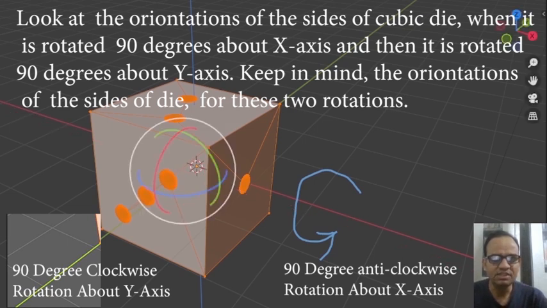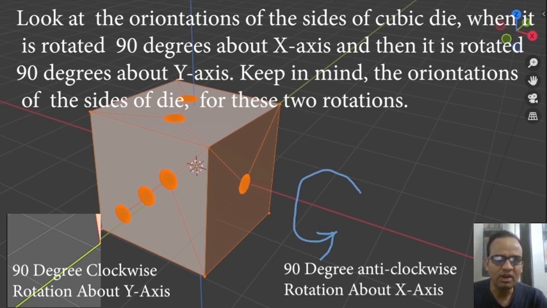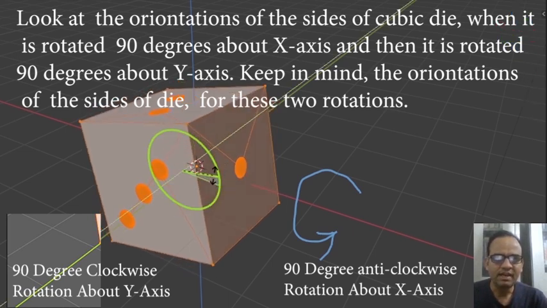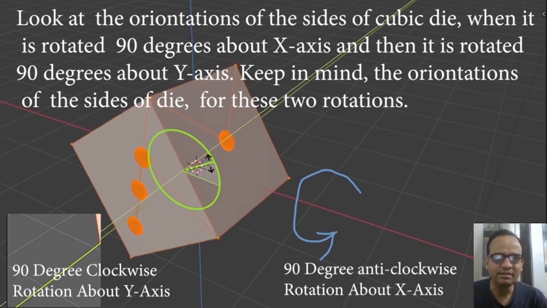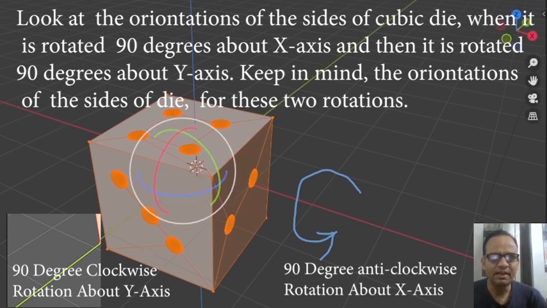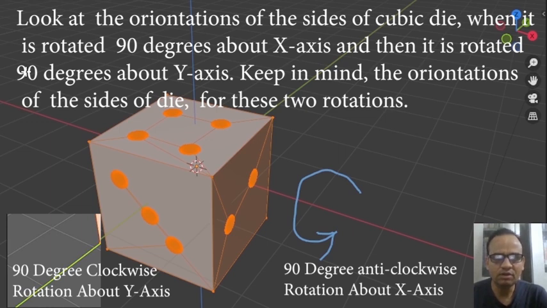Now in the second step, I am going to rotate this cube 90 degrees about the y-axis. The y-axis line is green colored here. It's almost 90 degrees. So I can see that in the resultant I got the face of the die with 4 dots